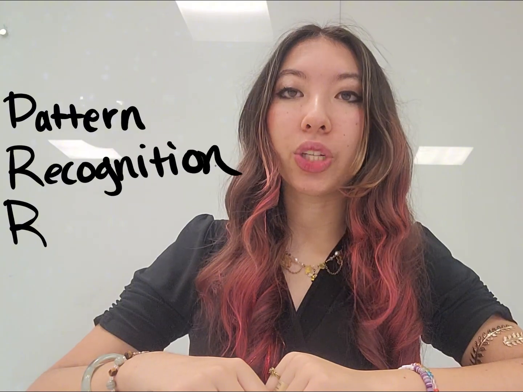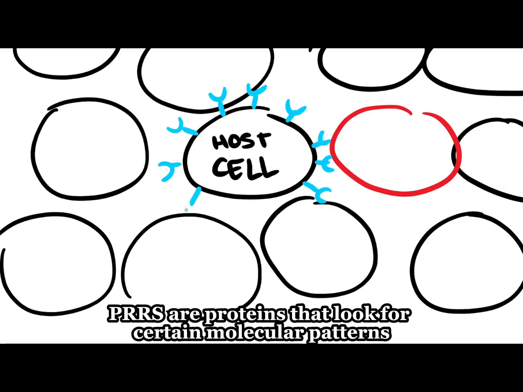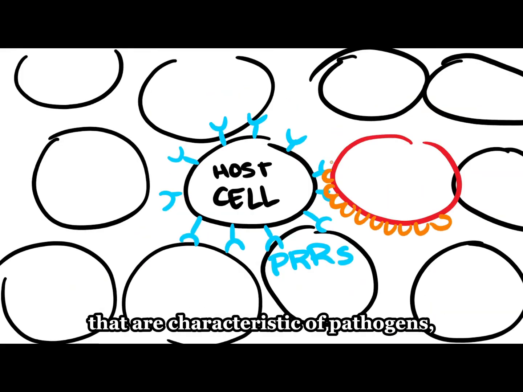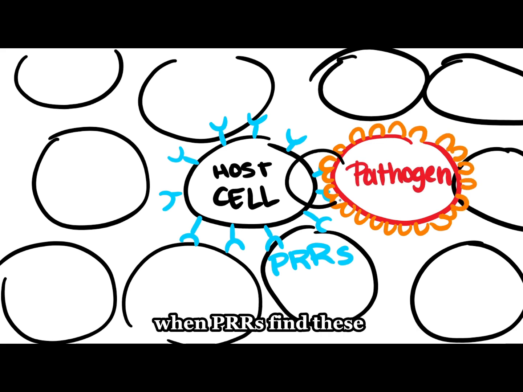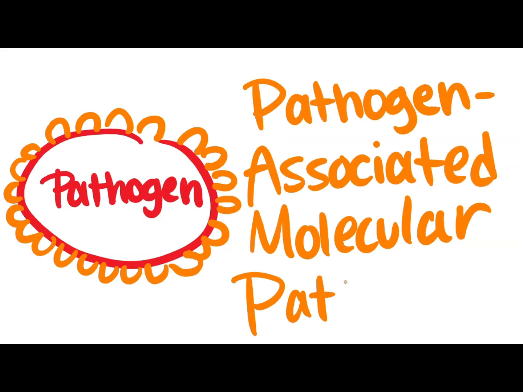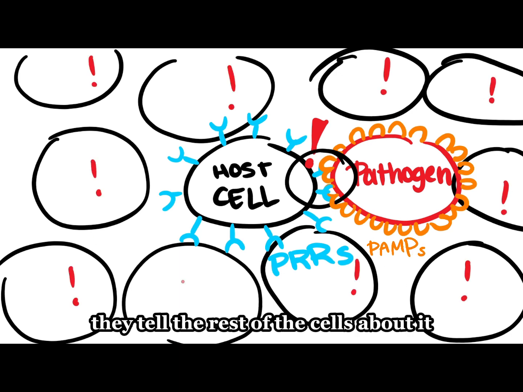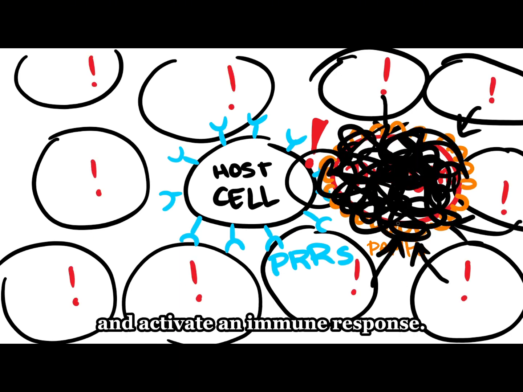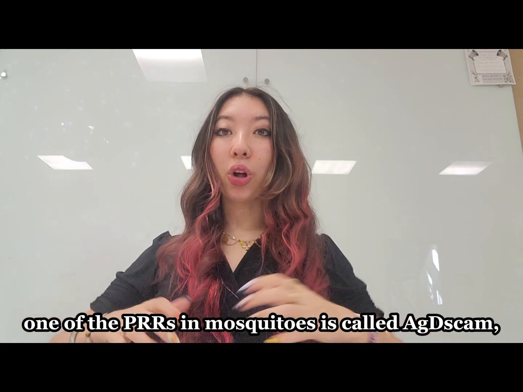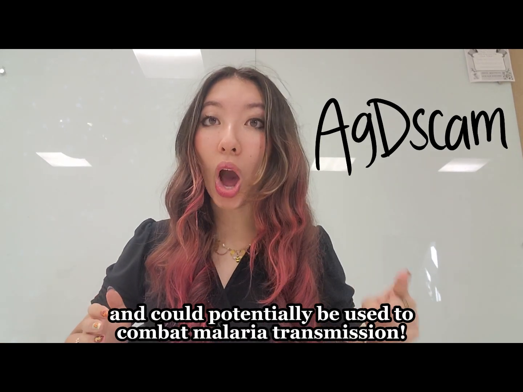PRRs, or pattern recognition receptors. PRRs are proteins that look for certain molecular patterns that are characteristic of pathogens, but not host cells. When PRRs find these pathogen-associated molecular patterns, or PAMPs, they tell the rest of the cell about it and activate an immune response. One of the PRRs in mosquitoes is called AGD-SCAM and can potentially be used to combat malaria